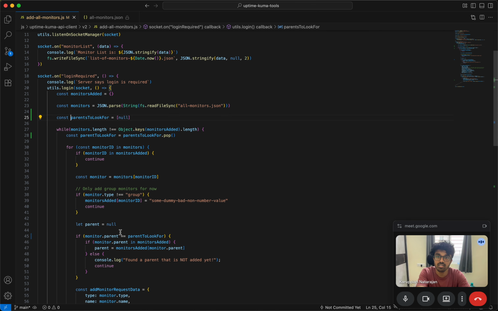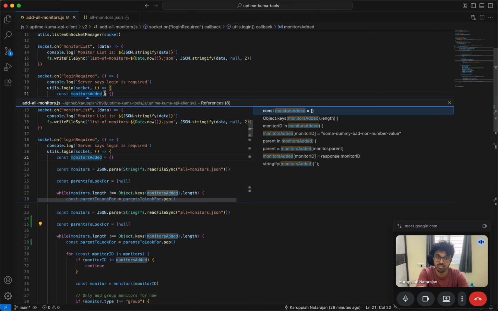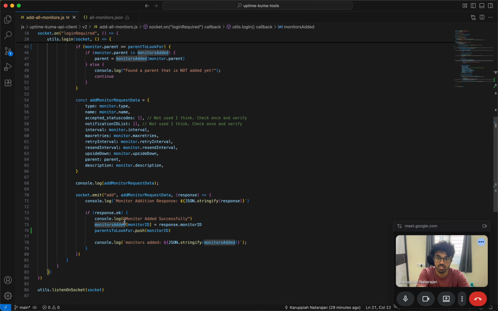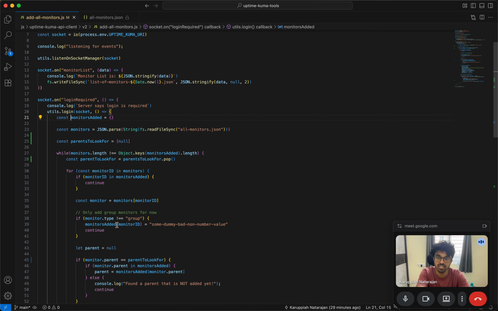I think things look fine. I'm not sure though. Let me see. I think things look fine for now. Monitors added is this, right? And then you check if the monitors added length, the number of keys, is the same as the number of monitors. So parents to look for,